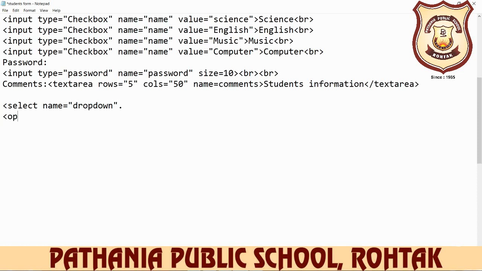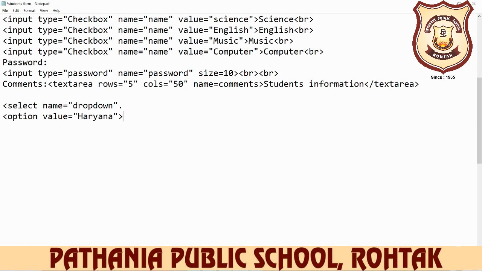After that, you write down option. Option space. If you write down the value, then write down value is equal to, for example, here we write down the values. We choose the subject here, for example, city. Sorry, not city, because city we have already inserted, subject name we have already inserted, so we take here states. So write down here, for example, Haryana, inverted commas close, and then angular bracket close.